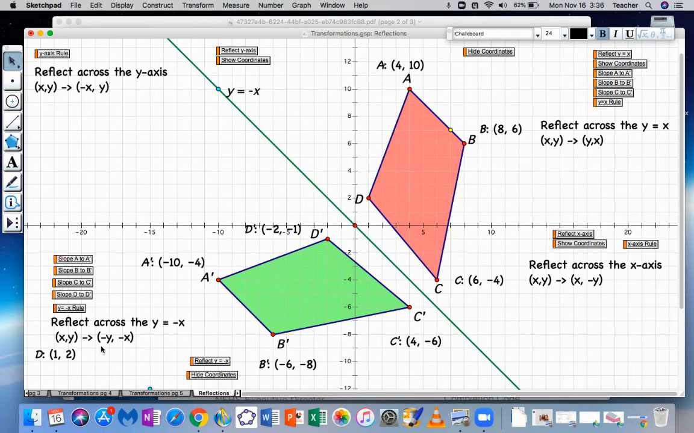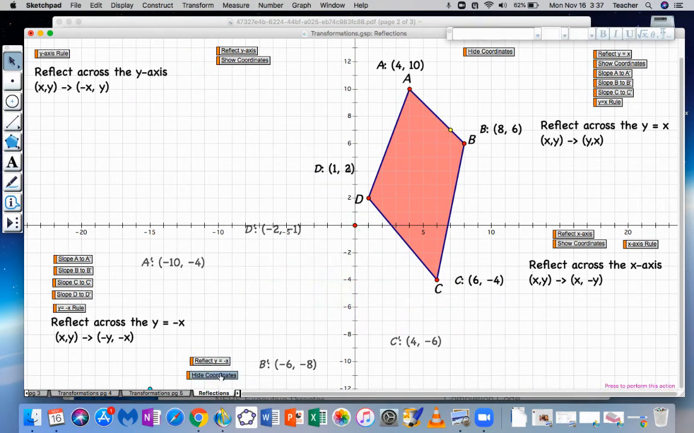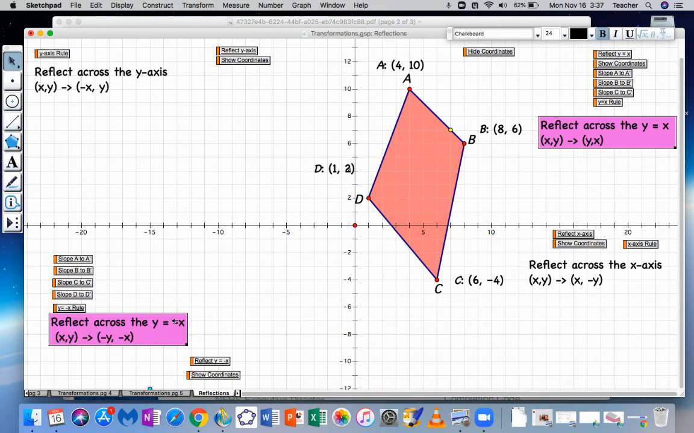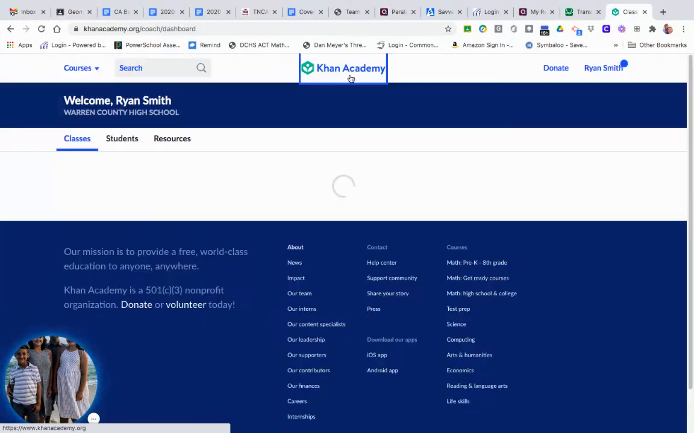Okay, so here's your 4 rules that you have. Flip across the x, x stays the same, change the y. Or flip across the y, y stays the same, change the x. And here are your 2 trickier rules: if I reflect across the positive y equals x, flip them. If I flip across the negative y equals negative x, flip them and change sign. So those are your 4 rules that you're going to need. And again, they're on this page 7